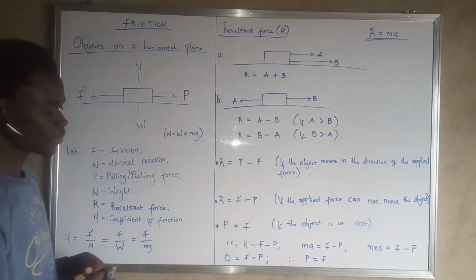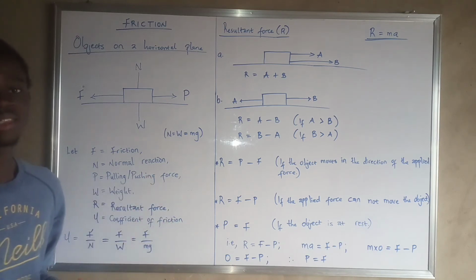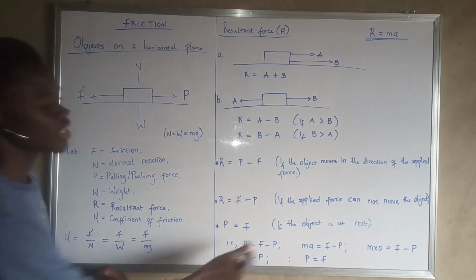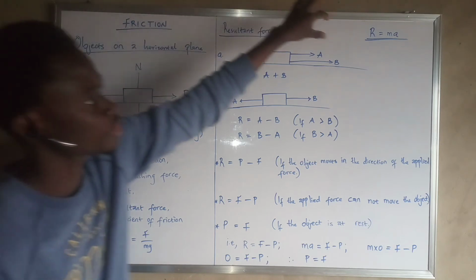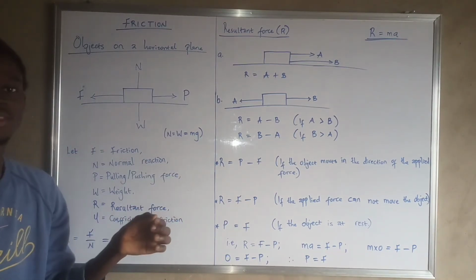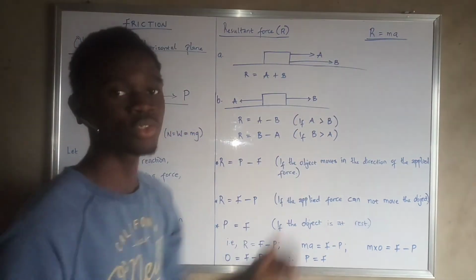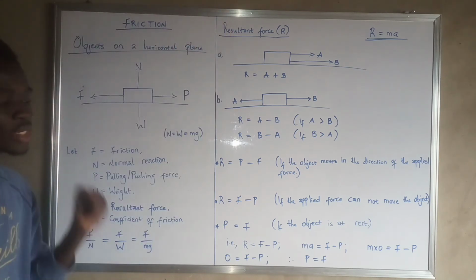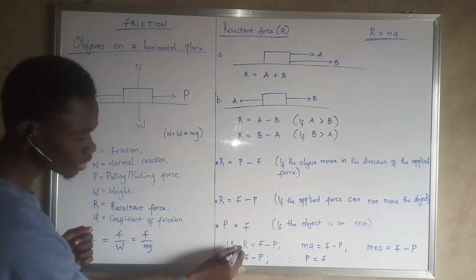The third one here says applied force is equal to frictional force. Here what they are telling us is that the resultant force is equal to 0. And why is it like that? If the object is at rest. Let's go back to this formula. This formula here says resultant force is equal to mass times acceleration. An object at rest has zero acceleration. So when the acceleration is zero, mass times acceleration is going to give us zero. So definitely our resultant force is going to be zero. That's the same thing applied in this place. That is, resultant force is equal to